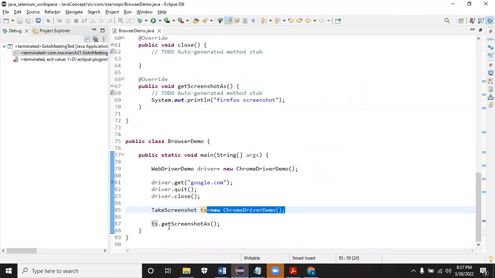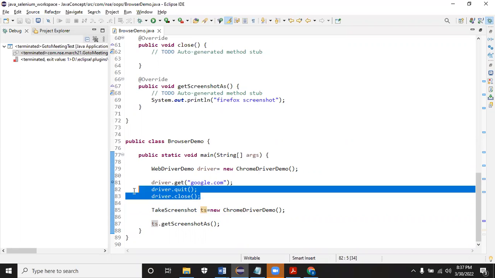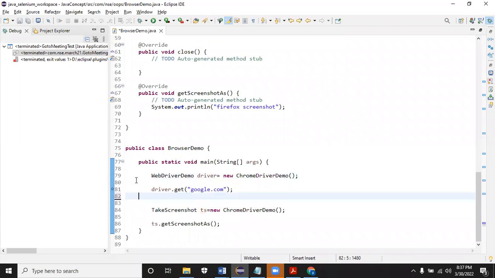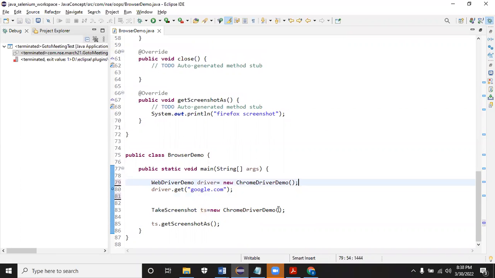Here, this is valid code. I can call this method, but what will happen is a browser launch will happen here. A new browser will be launched here. But we want to capture the screenshot from the existing browser only, right? To capture the screenshot from the existing browser, I have to give that object detail. That object, where are we storing? That new Chrome driver we are creating, right? Under which reference, which variable are we storing?